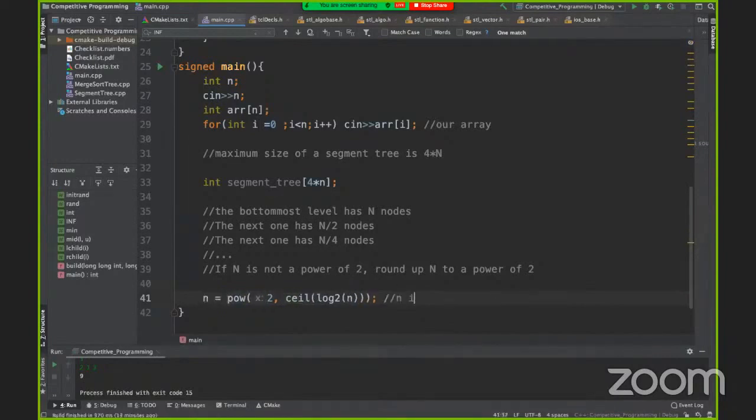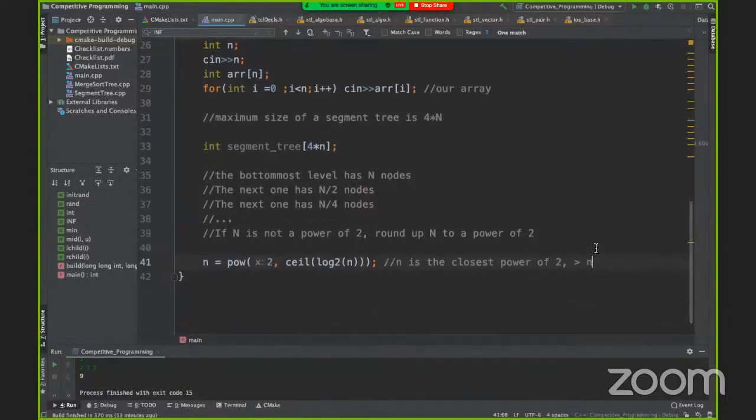So now n is the closest power of 2 higher than n. This just makes it easier for us to calculate. So if n is not a power of 2, then we just round up n to a power of 2.